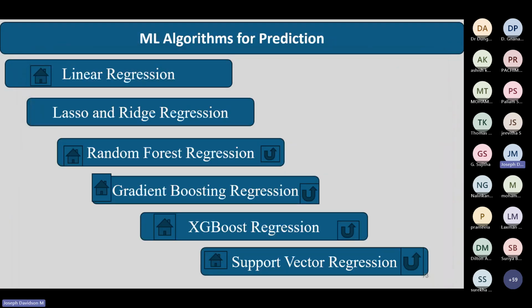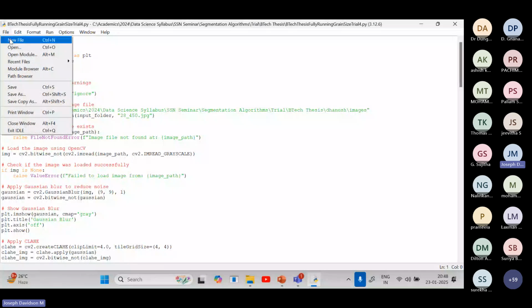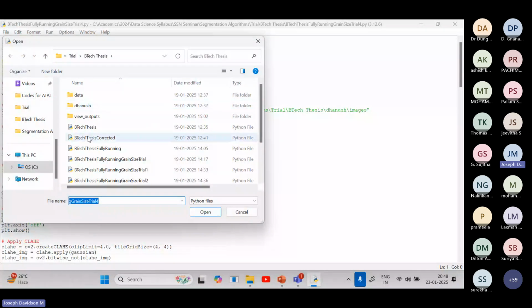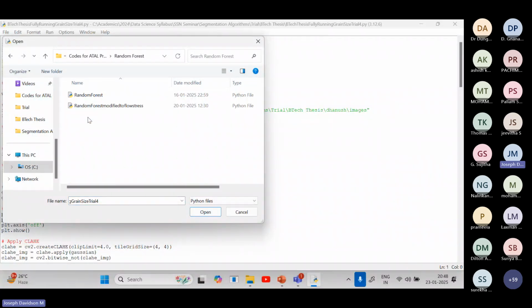Again, this command prompt unnecessarily keeps disappearing. So basically, as I told you, there are a lot of built-in codes available. For example, let us say random forest.